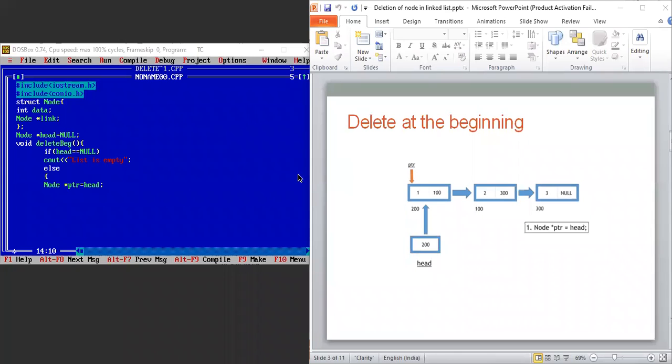How can we write this? Head will be equal to head, using the arrow operator, pointing to the link part here.